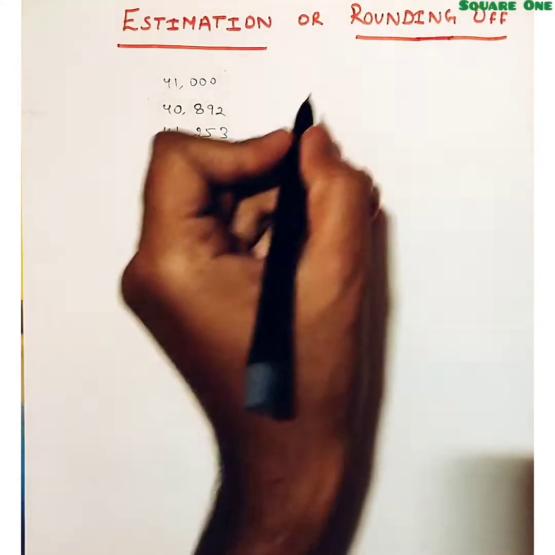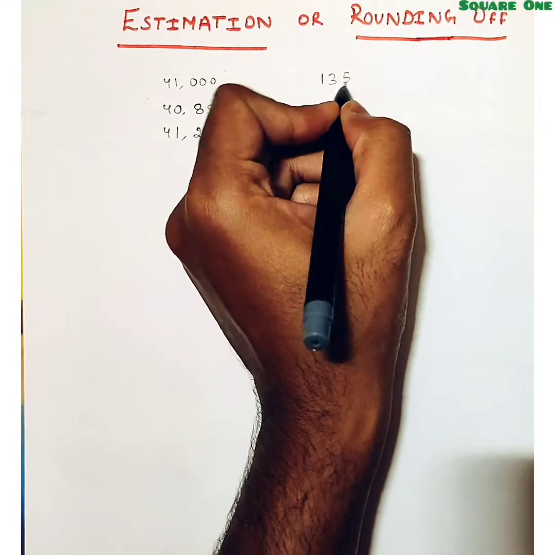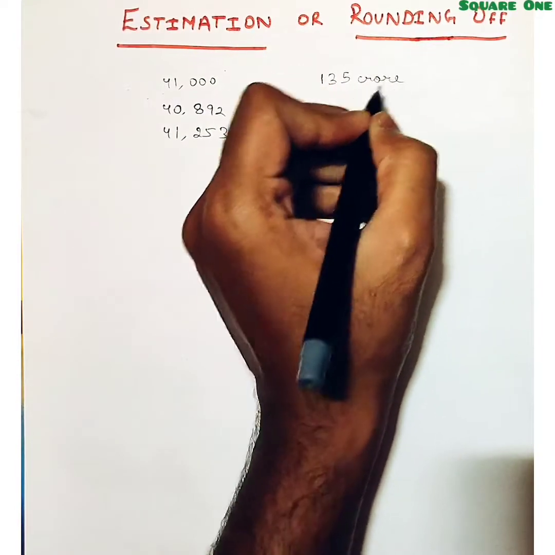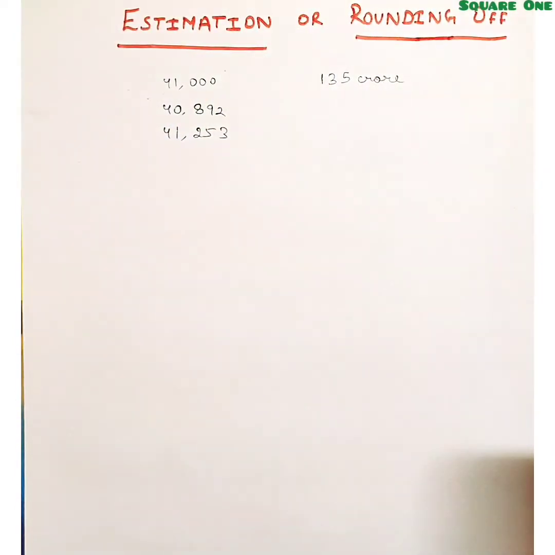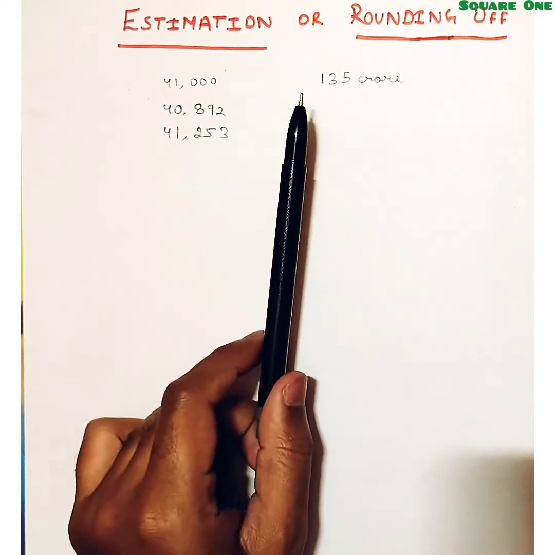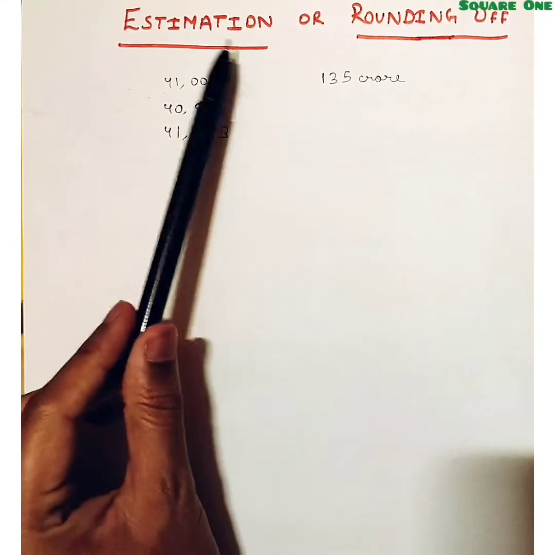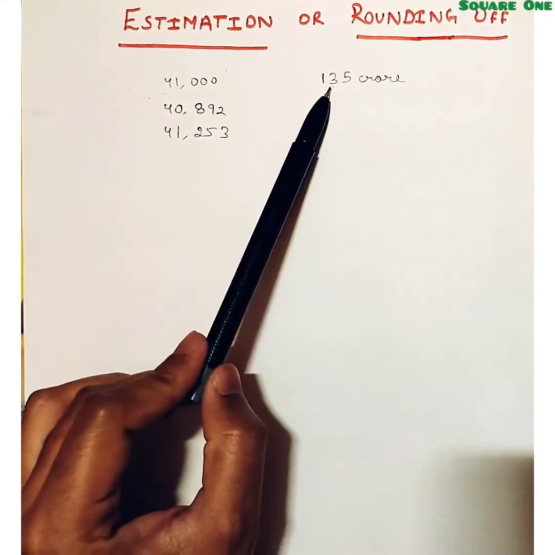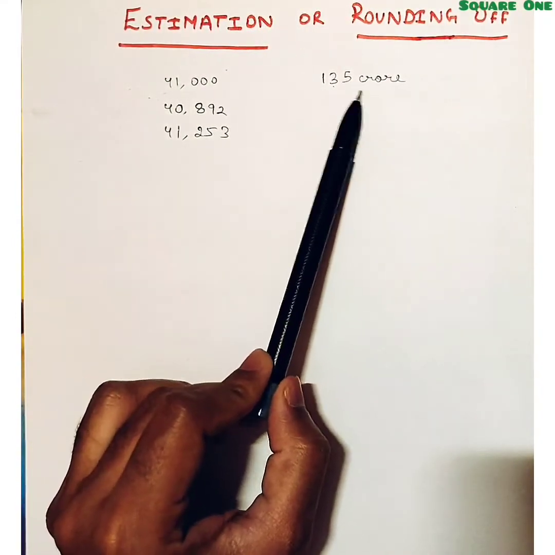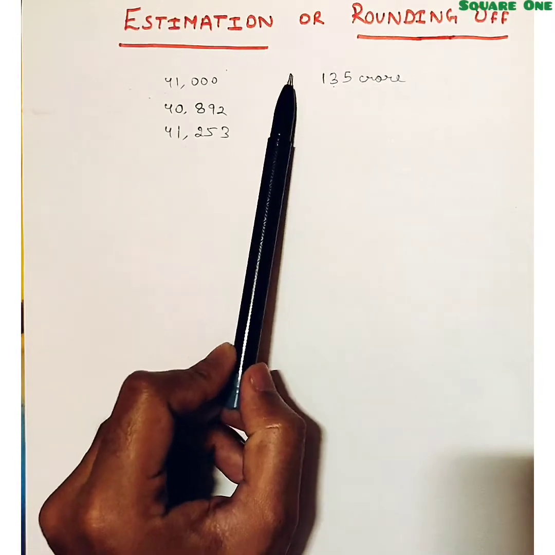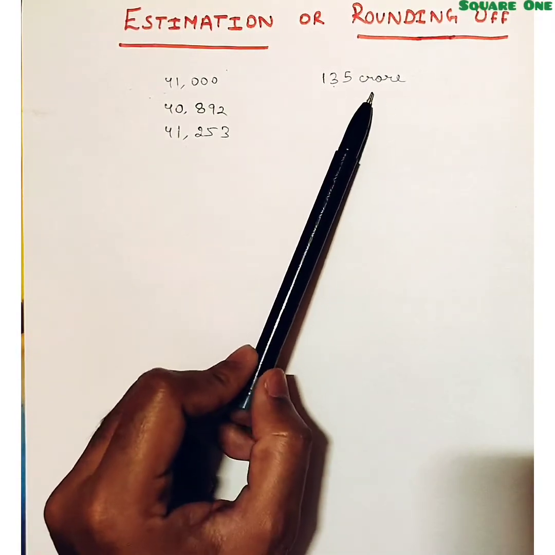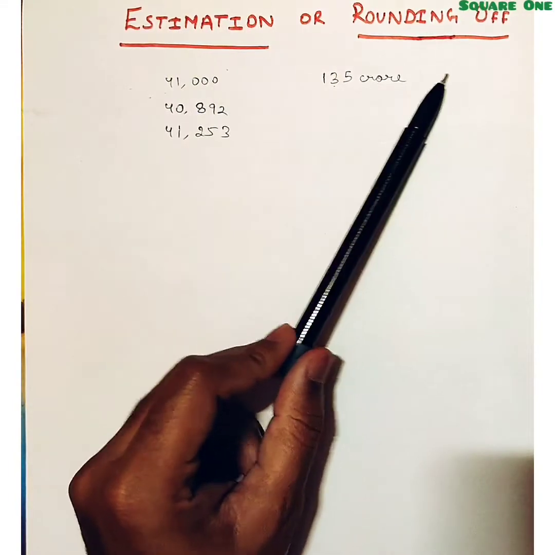You know that the population of India is 135 crore. Is it the exact population of India? People are taking birth every minute and they are dying every minute. So you know that this is not the exact population of India. Still, we say that the population of India is 135 crore. We are doing this because of estimation. This is the nearest number in crores. This is not the exact number, so this is all done due to estimation.